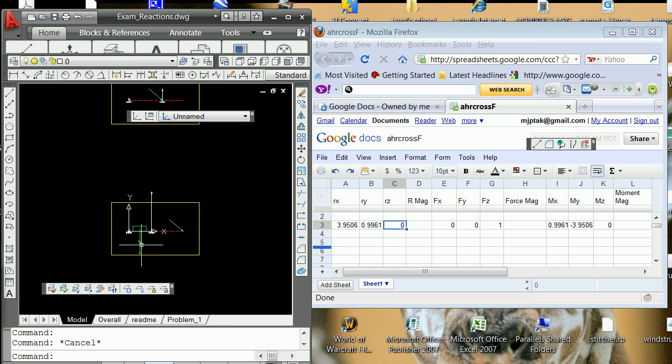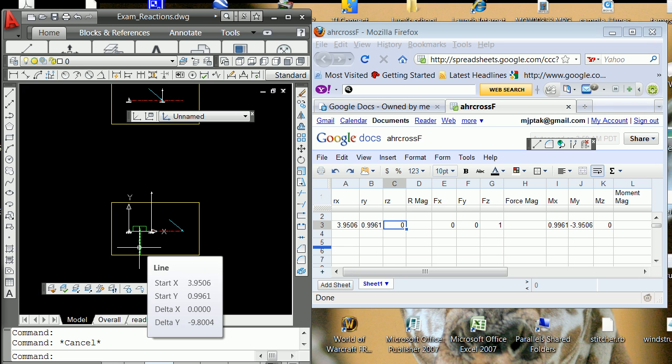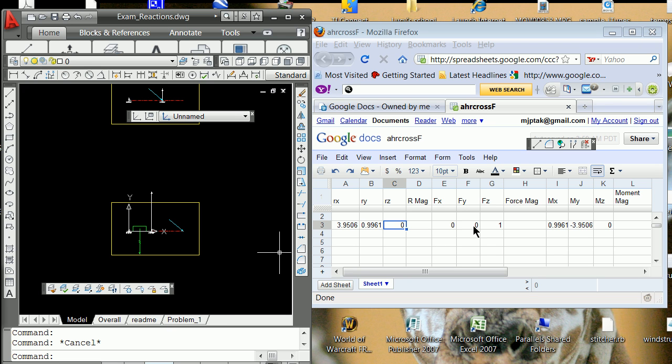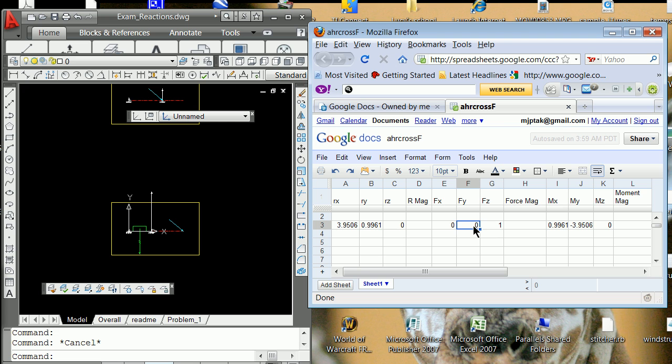Using my tooltips, rolling over, making sure I grab the right line. Minus 9.8. We're realizing there's nothing in the z here. Minus 9.8. Hitting a tab. What you see now is that you in fact have one of the moments calculated. You could do the reaction for just that one, or like many programs, you can go across the line here and pull that down,